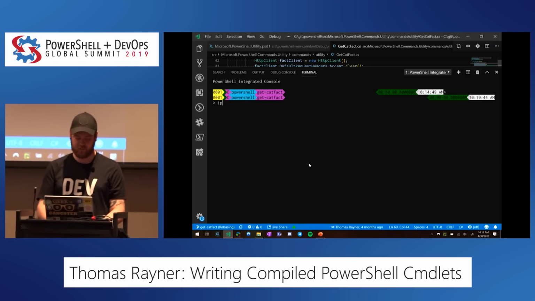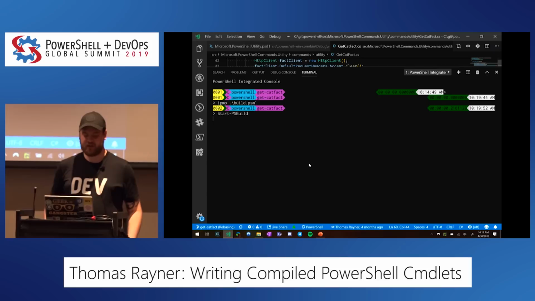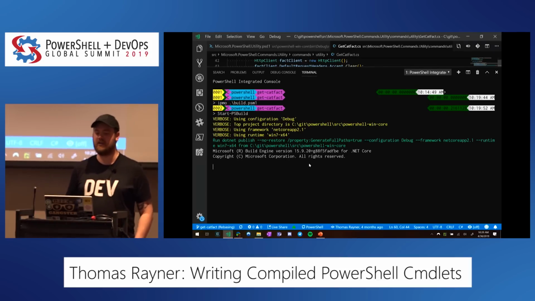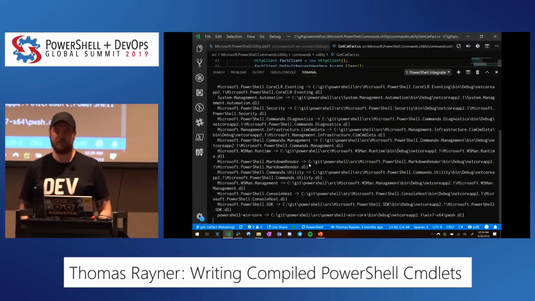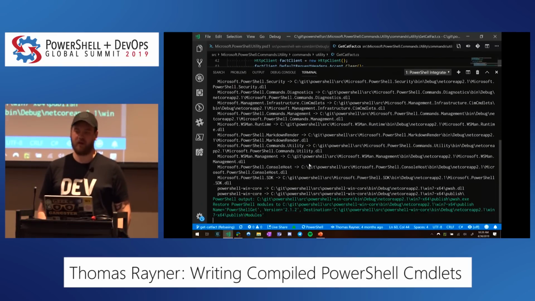Because I'm going to go import the build module. And then go Start-PSBuild. And this will take a long time compared to the ones that we were making. And it's almost like this is a much bigger project than the ones that we were working on, and that it's kind of hard to get familiar with. And so